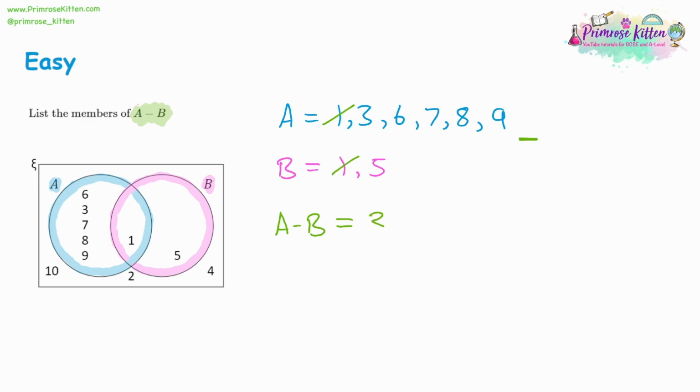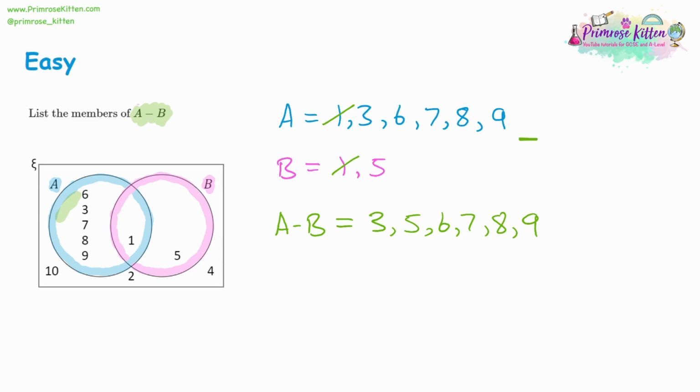So the answer is going to be 3, 5, 6, 7, 8, and 9. So what we're doing is we're keeping all the numbers in set A and set B. What we're not keeping are numbers in the overlap. Now, if I was to colour in what this is giving us on the diagram, it's given us everything that's